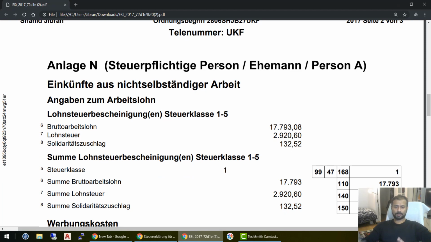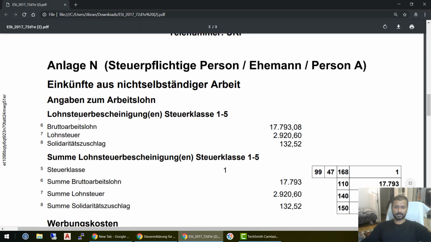This is the form that you will get. You have to print it out, sign it, and then send it to your Finanzamt. Either you can go to them and give it to them personally, or if you want to send it by post, it's up to you. So over here, it's written my taxes,